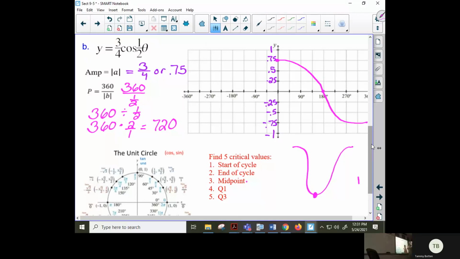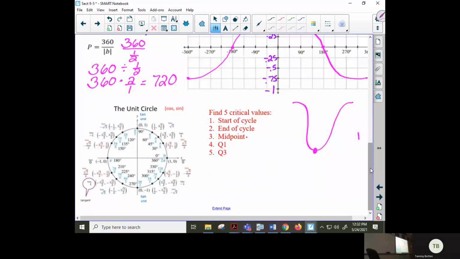All right. Now, what do you think is going to happen at negative 180? It's going to be at 0. And what do you think is going to happen at negative 360? It's going to be down here. So you get that that would be your graph? Okay. All right. Now